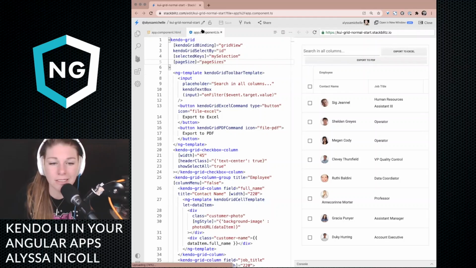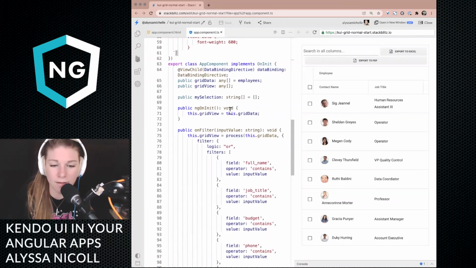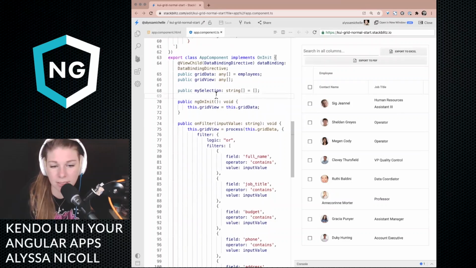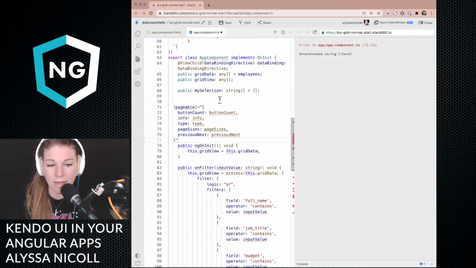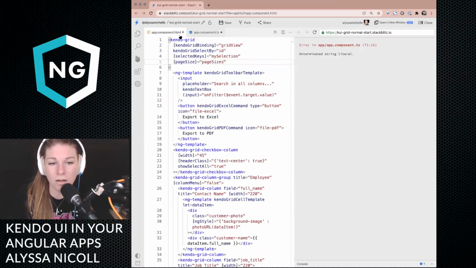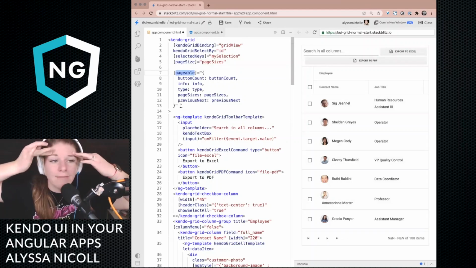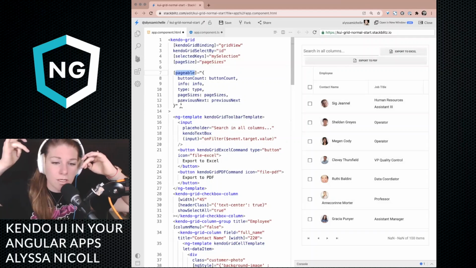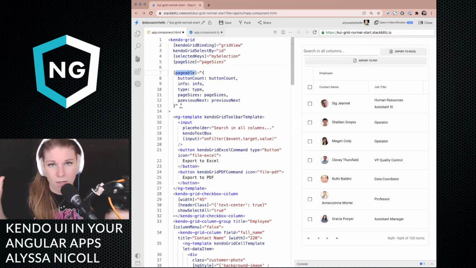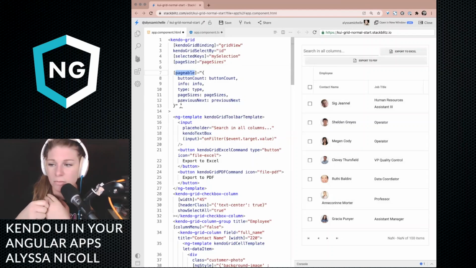And inside of our TypeScript, we're going to go down and find our TypeScript. Hi, TypeScript. It's good to see you. We need one last binding of pageable. Our pager works on many different components. If we have time, I have a list view demo. We have the ability to do paging in our grid and in our list view. Carl can probably list out any others it's automatically built into, but it's really the same across the board.